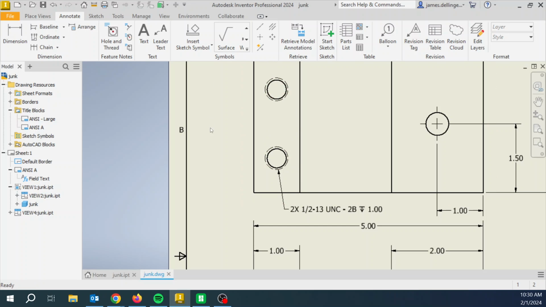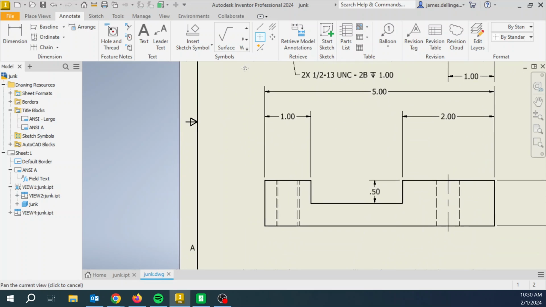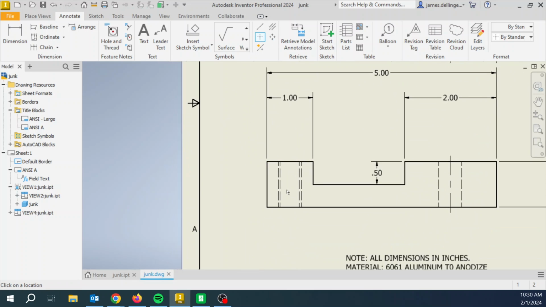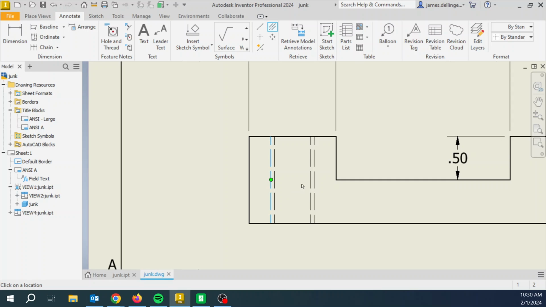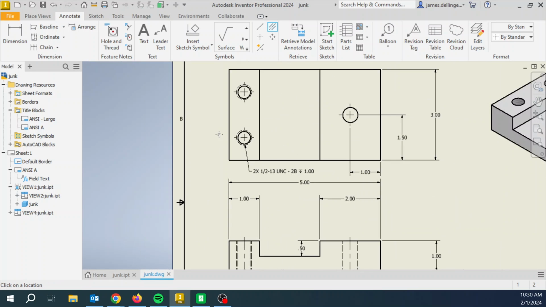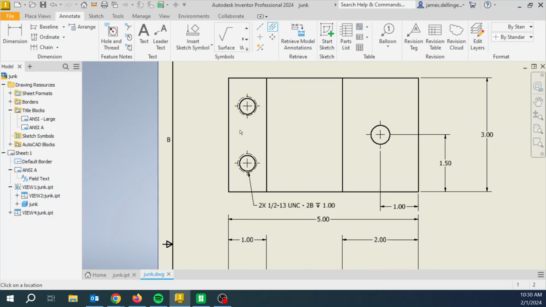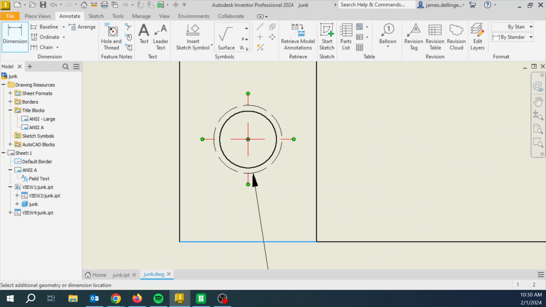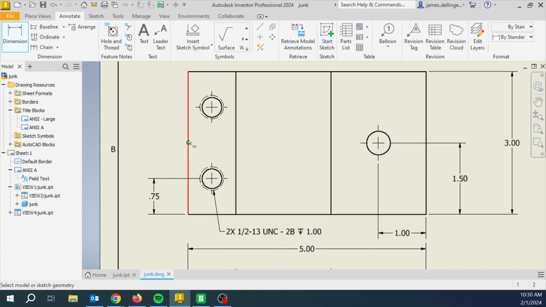And then what's the other thing we need to add because it's a hole? I got to add the center mark, right? And whenever I do the center mark, I'm going to come down and do the center line, right? And then what's the other thing I got to do dimensionally? I've sized it, but what else do I got to do? I have to locate it. All right, so this is 0.75 up,